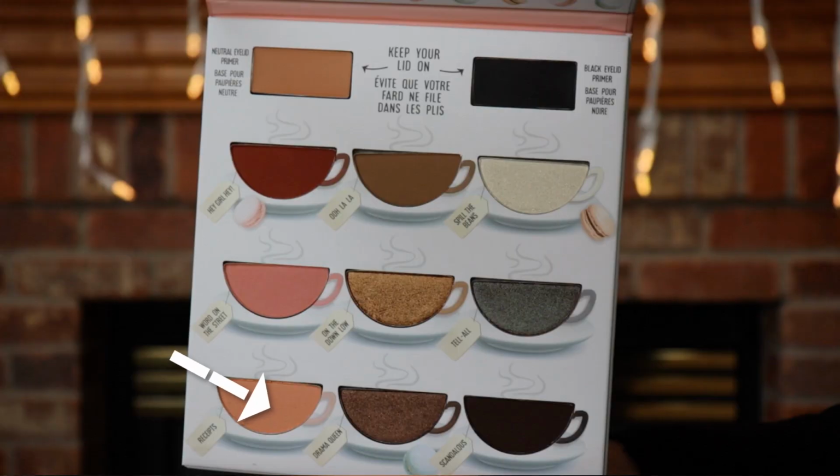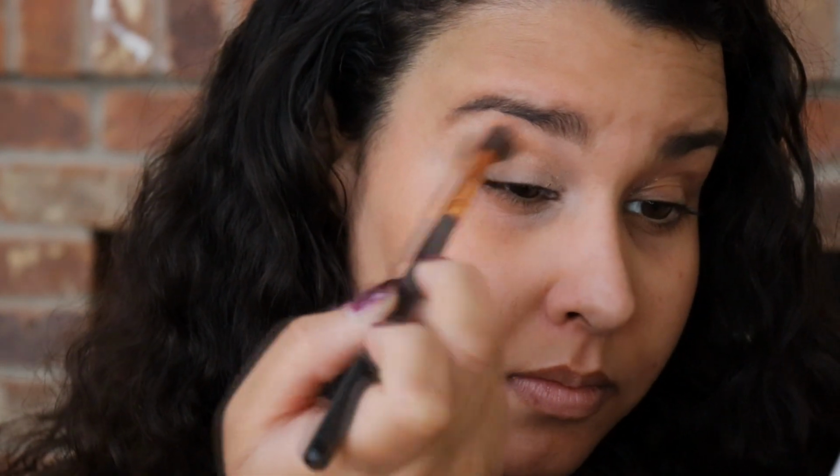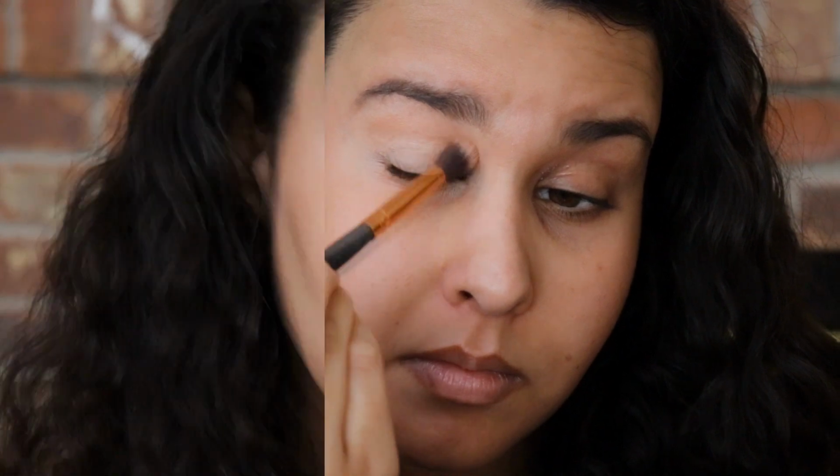Okay, so that went on pretty well. I'm now going to grab the shade Receipts, and I'm going to go in with a pretty fluffy blending brush. I'm using my R35 from Morphe, and I'm going to just start it like I do every eyeshadow look, just to add a little color into the crease and onto my brow bone. Well,